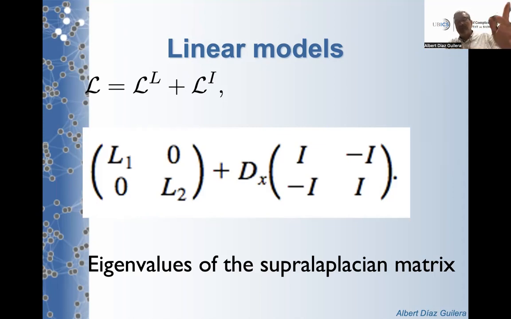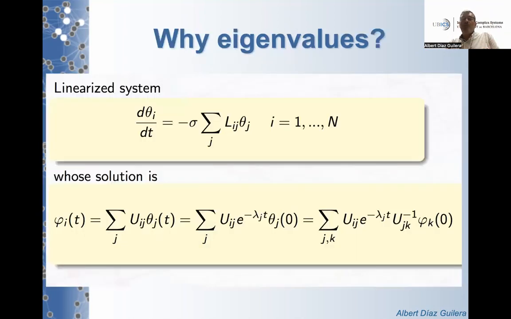So it's a 2-dimensional object, it's a matrix, and in this matrix we can make analysis of the eigenvalues and eigenvectors as usual. But the point now is how we can relate these eigenvalues in one case or the other. But before going into this, let me remind you why the eigenvalues are important in the description of